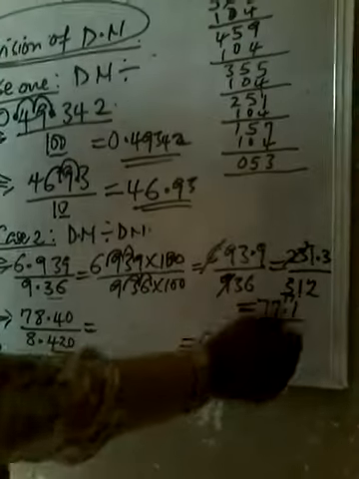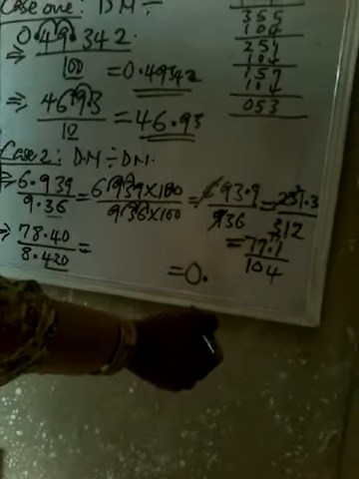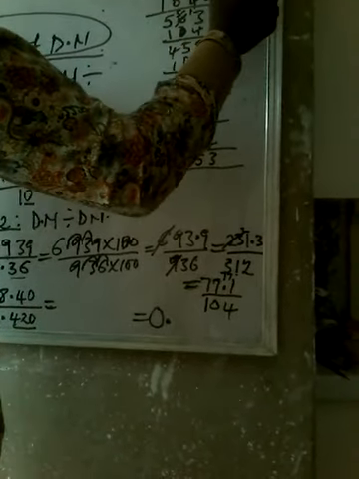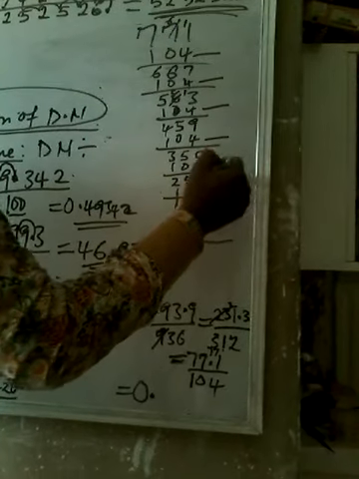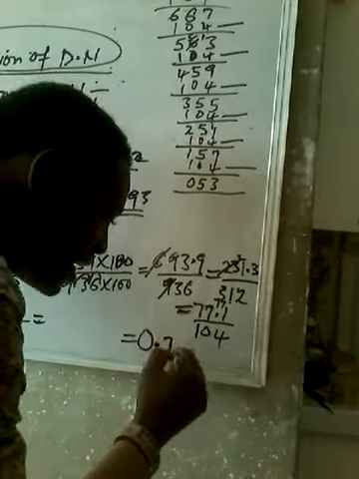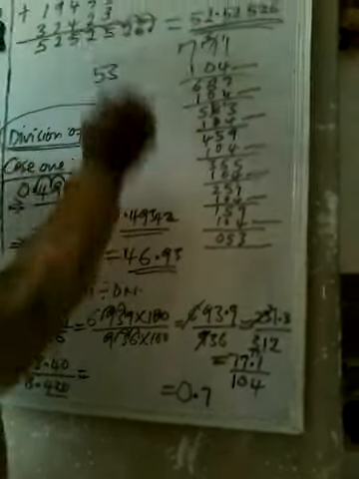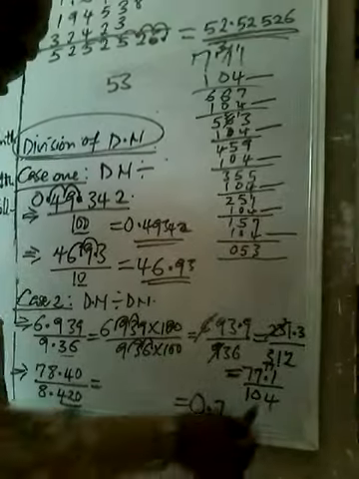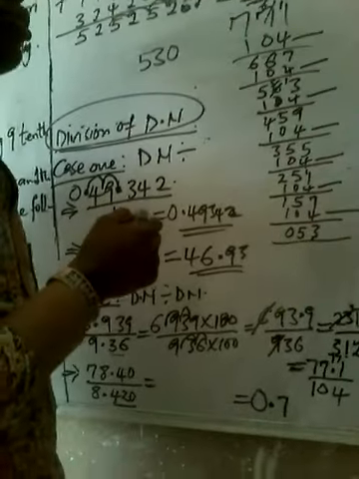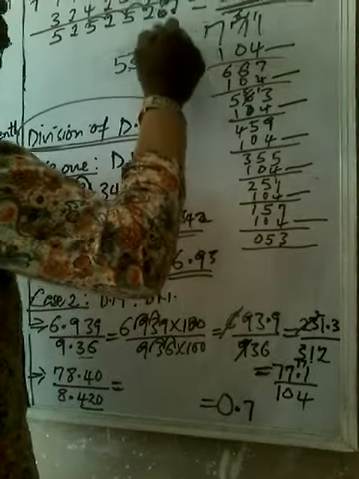So how many times did 104 go in 771? How many 104 did you get in 771? You go 1, 2, 3, 4, 5, 6, 7. So you count the number of 104s because you put your 7 in the answer. After that, what is remaining? The remaining 53. There's no other number that you would carry the 53 to here, because you have reached the end, so a 0 will drop, and then you have 530 divided by 104.